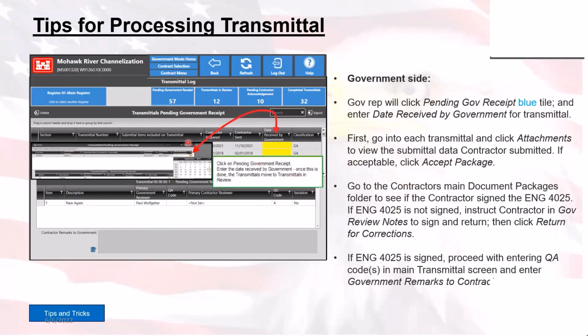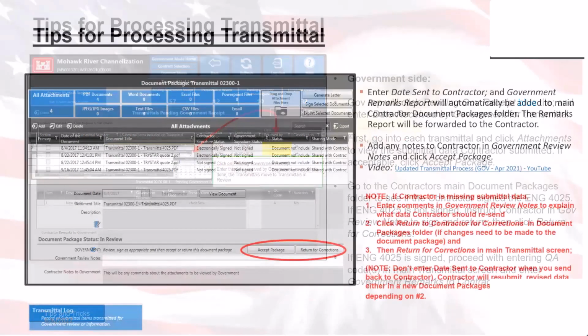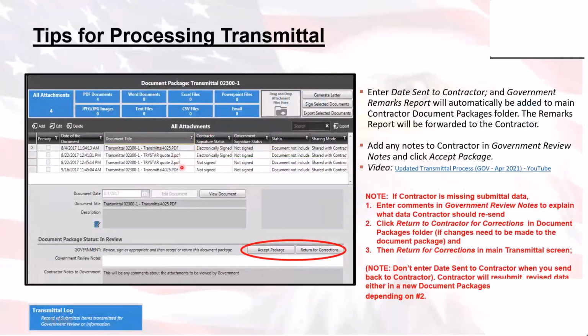And then right in here, you can put in the date that you received it by the government. Now, you don't have to initially receive it until you view everything in there to make sure everything is correct. By viewing into it, you can go into each individual item and look into the document package. Within the document package, the first thing will be the ENG 4025 that is generated when the submittal process is created. And you can look at all the other additional items that they have included into the submittal,